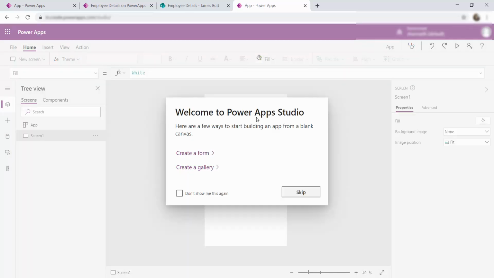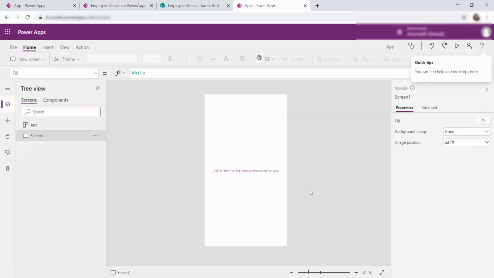Here you can see that we did not have any connections running in the backend because it is simply a blank canvas, and it was very quick in loading the template for us to add connections or customize it further. Now, similar to the first approach, we got two options, but the options here are different. We have an option to create a form and an option to create a gallery. I'm going to skip this quick links option, and we can see a simple blank screen presented in front of us.